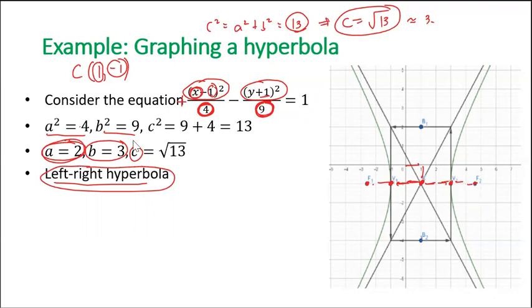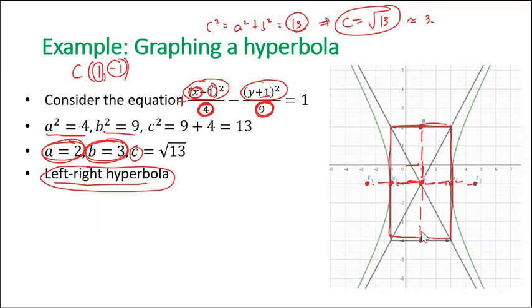And then we use b equals 3 as the distance between the center and the co-vertices. So from the center, we move 3 units above and 3 units below in order to get the co-vertices. And then afterwards, we form the square or rectangle, having the vertices and the co-vertices as midpoints of the